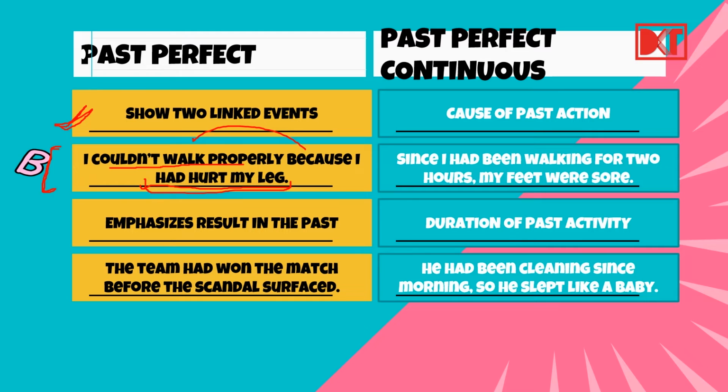Then here, in past perfect continuous, it focuses on the cause of the past action. Like, since I had been walking for 2 hours. I had been walking. Right. My feet were sore. Right. So here, past perfect emphasizes the result in the past. The team had won the match before the scandal surfaced. Team had won. So this is past perfect emphasizing the result,